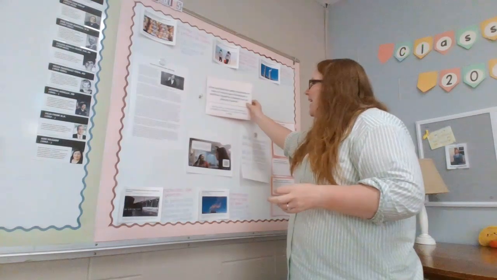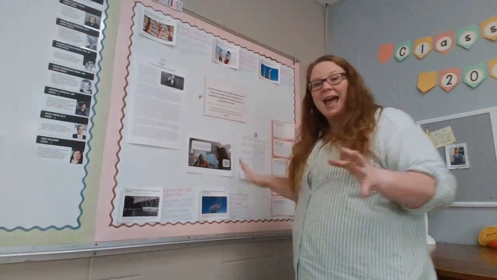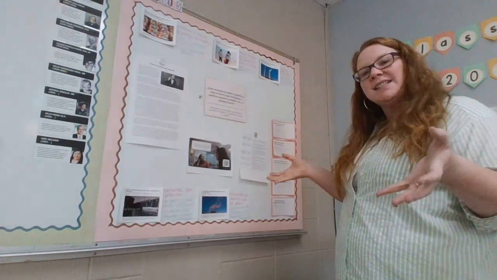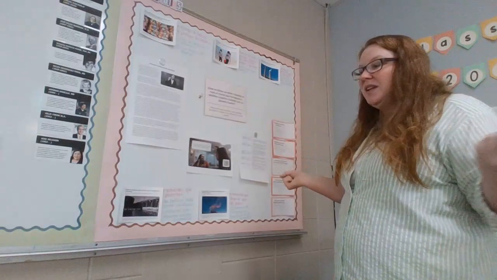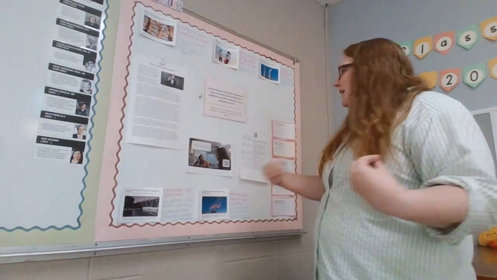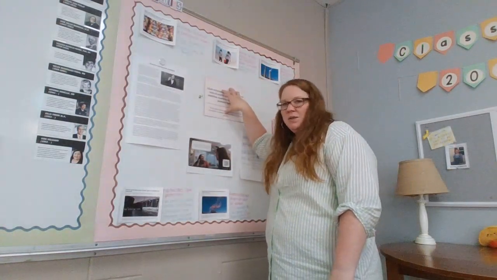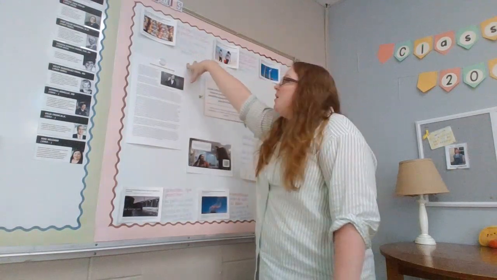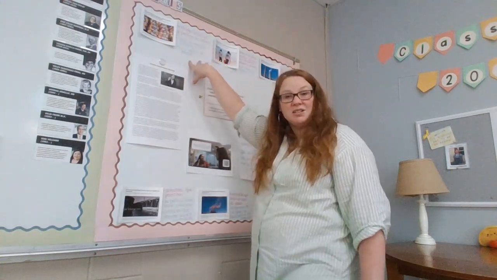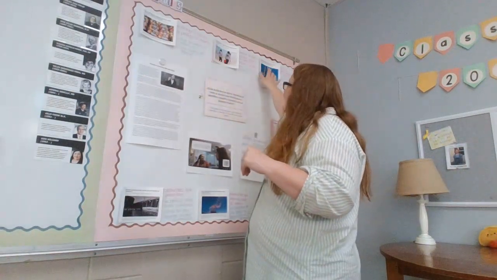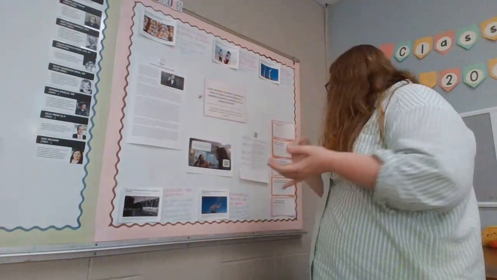All right. So as we studied our unit, we added some things to the wall to help us remember what we were learning about and give it some context. So, for example, in the first part of the unit, they were learning how to read news articles. They were practicing the skill of reading, but we were also getting ideas about this. What are the things we're doing that are positive or negative? So, for every article we read, we made a list. What are the positive things that this article brings up? What are things that people are doing that strengthen their connection to the planet? And what are some things that people are doing that is weakening our connection to the planet? So we did that when we were reading our articles.